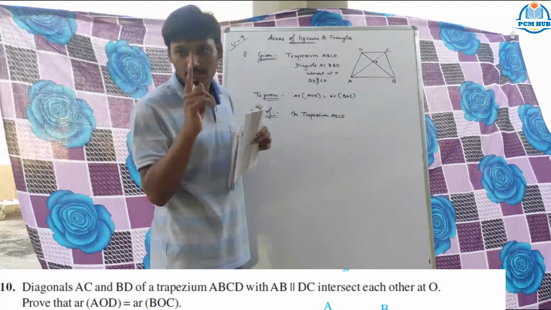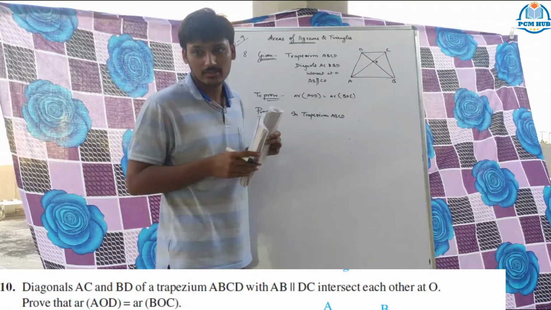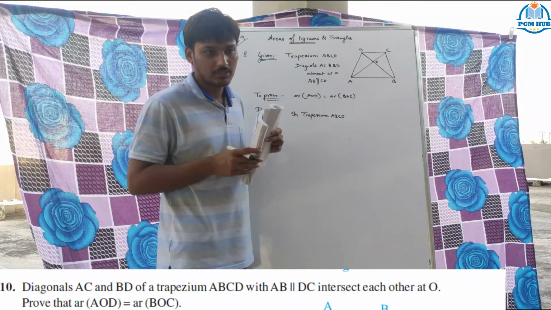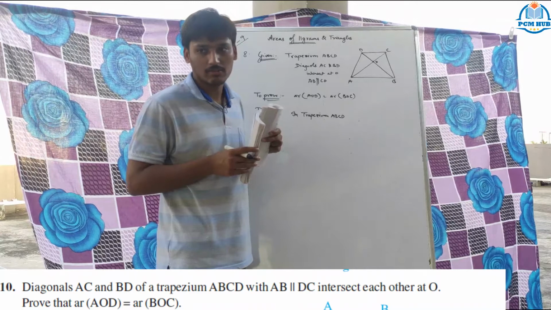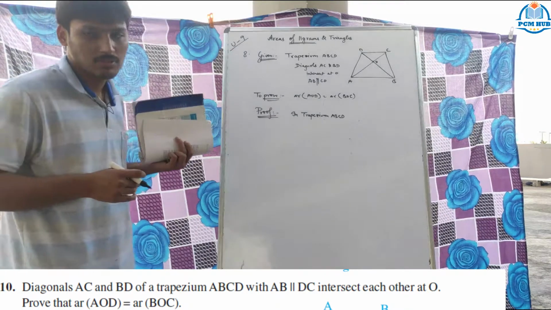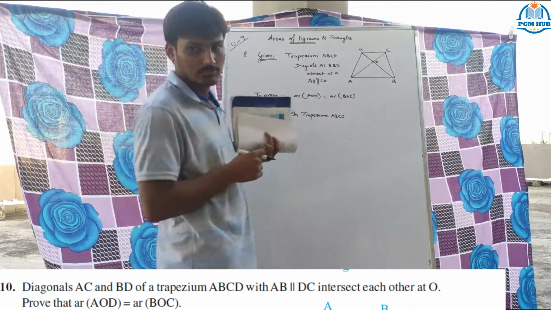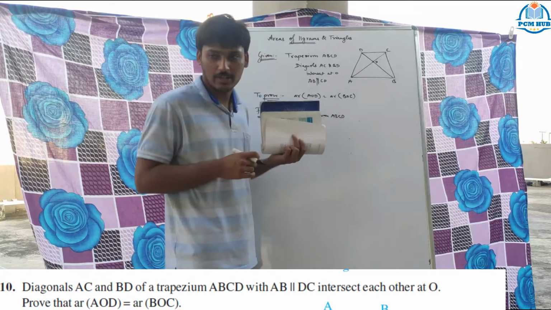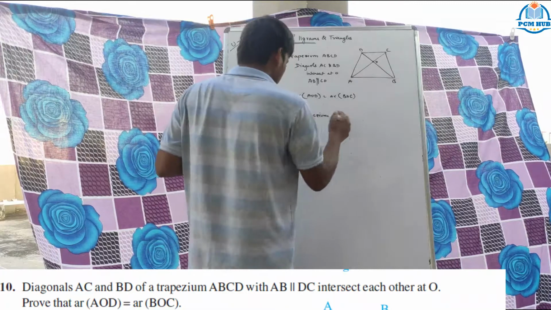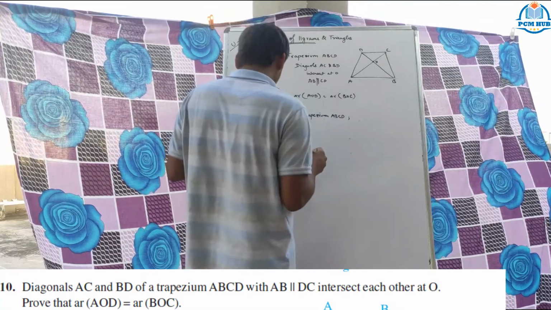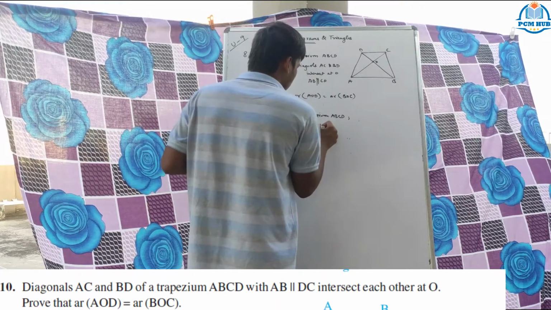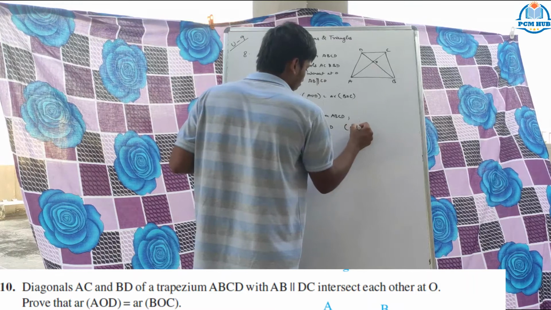So in the trapezium there is one pair of parallel sides, and there is one pair of non-parallel sides. They might be equal or might not be equal based on whether it is a regular trapezium or not. Regular trapezium means those sides will be equal. For an irregular trapezium, they may or may not be. Now in trapezium ABCD, what do we have? We have AB parallel to CD, which is given.